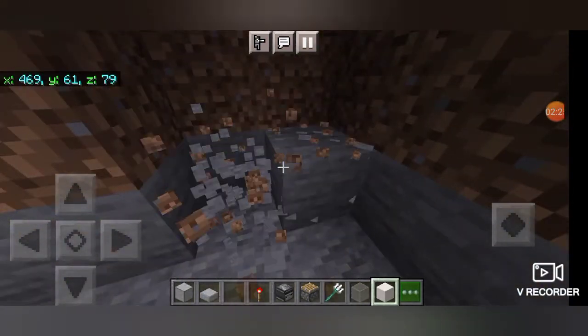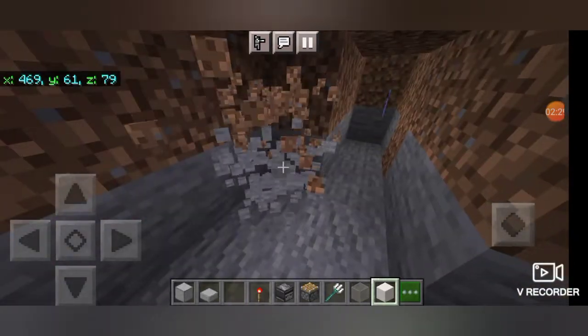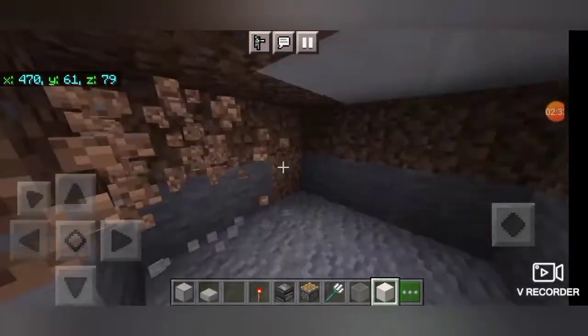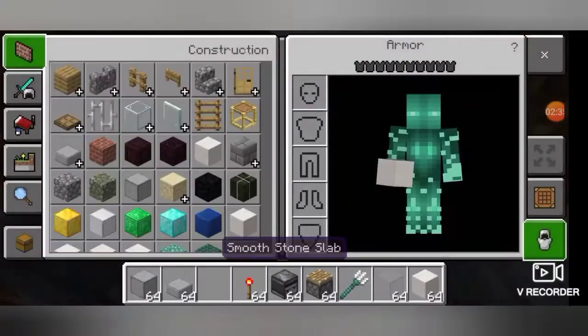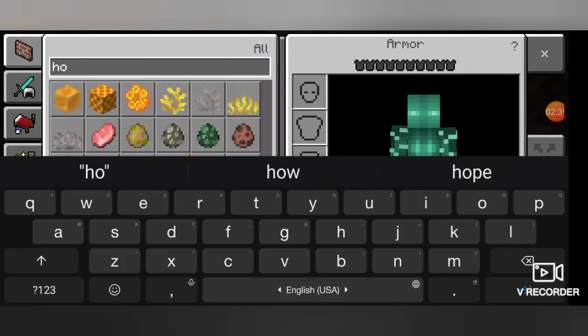You just break this side and you can add an infinite amount of chests. If you want me to make a sorting system for this in another video, I will upgrade it and make a sorting system video for it. Okay guys, so now what you have to do is add hoppers,